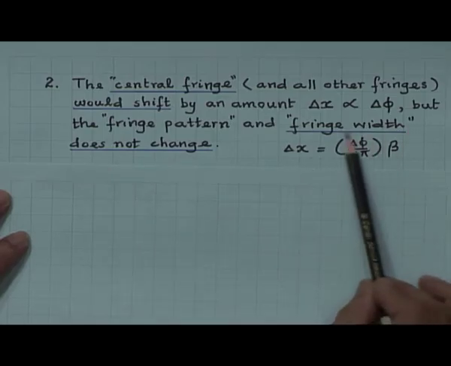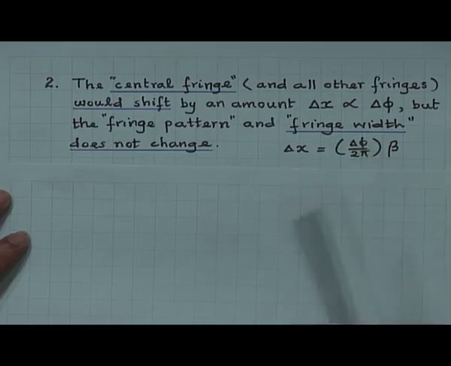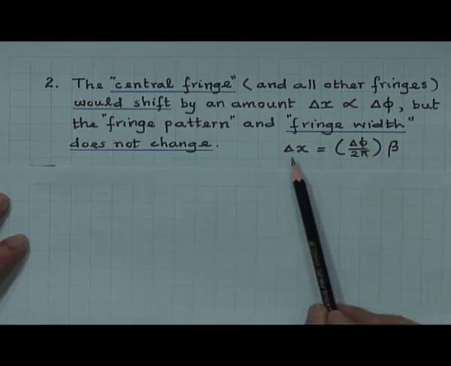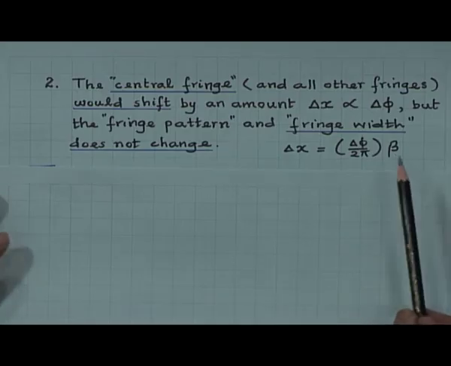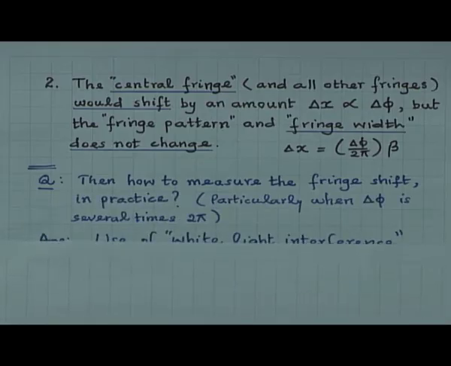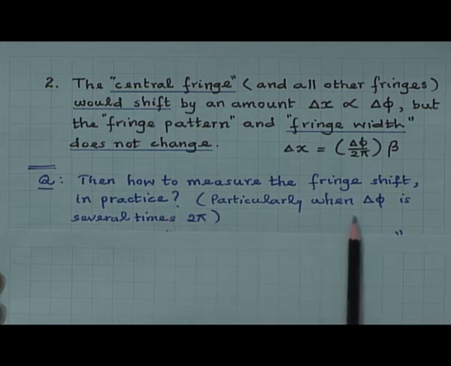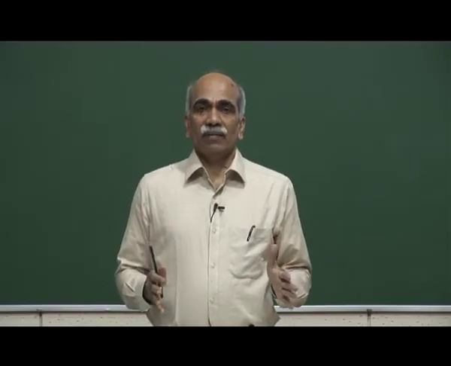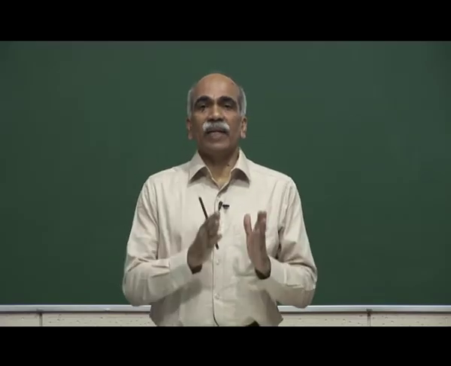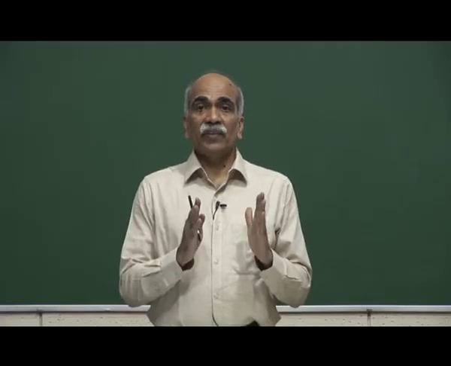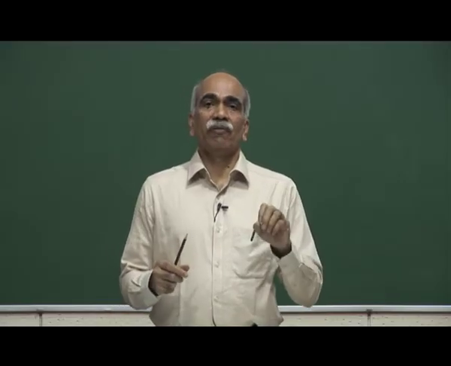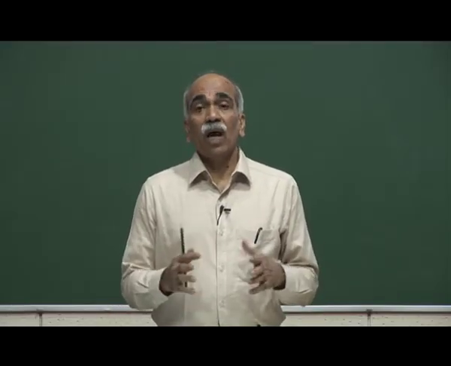Delta x is proportional to delta phi, as we have derived, but the fringe width remains the same and the fringe pattern remains the same. Now, there is a question of how to measure the fringe shift in practice, particularly when delta phi is several times 2 pi. In practice, we see a fringe pattern as I showed earlier, let us say bright and dark linear fringes. The fringes are shifted because of a finite phase difference delta phi, but how to measure the fringe